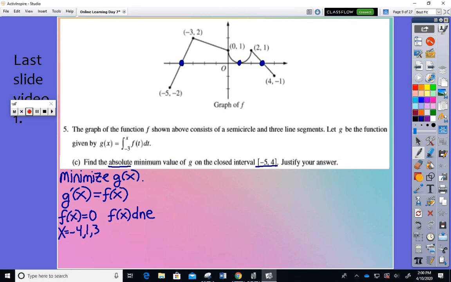Make sure I didn't lose any. Now, is there a place that f of x does not exist? So I can say there are places where f of x would not be differentiable because of corners, but I don't see a place that f of x does not exist. So I don't see any holes in the graph or vertical asymptotes. I don't see anything weird like that. So I think that these are my only critical values. So now what I need to do is